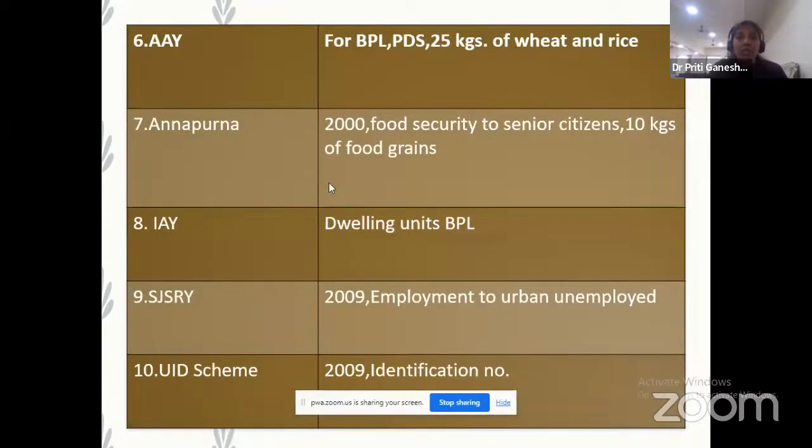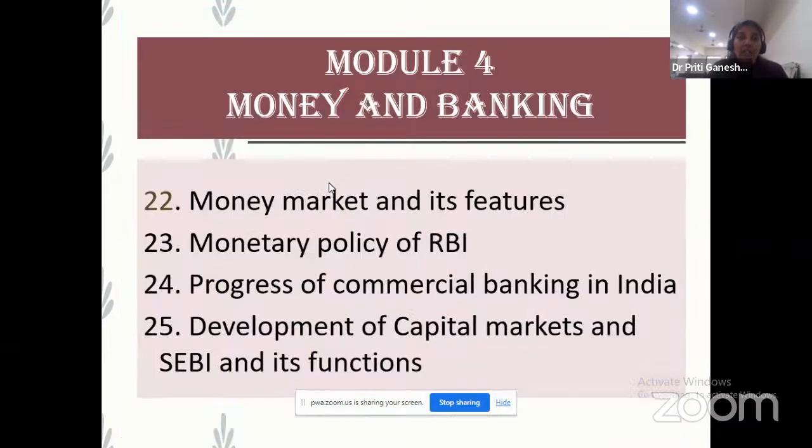Don't think this is one day or one night study. Economics may require regular reading, regular writing. Points you have to by heart it. जैसे कि कोई भी पूछेंगे, explain the causes of poverty, explain the government measures to remove the poverty, you have to by heart it. मतलब करो, by heart करो।